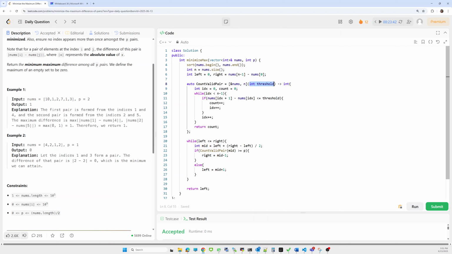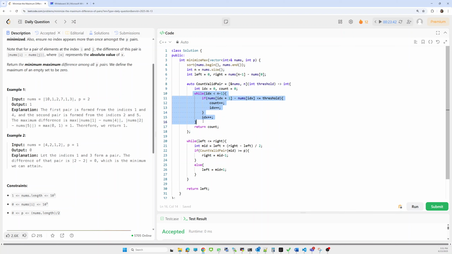So for this threshold, while iterating over nums, I will count pairs whose difference is less than or equal to this threshold. Okay. So here I am taking an index starting from 0, and I will start counting such pairs from the left side, maintaining the count also.